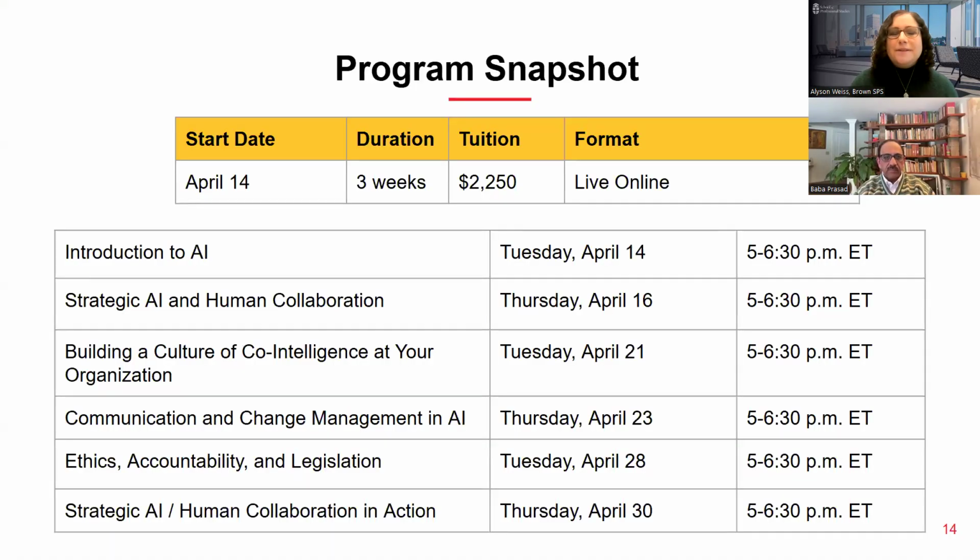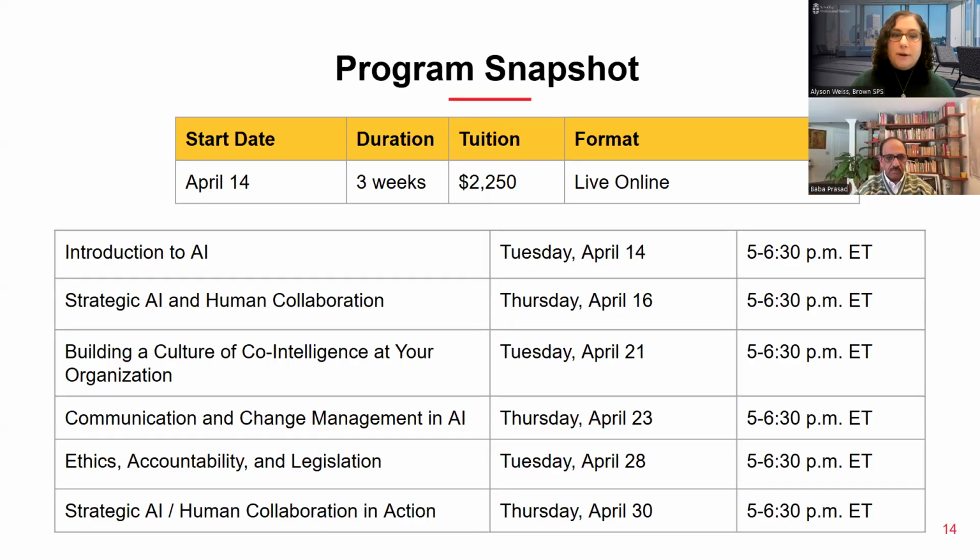And so we developed this program to be very snack sized. So it gives you the content that you need right now in a way that fits into your busy lives. It's a 3-week program that will meet twice per week for an hour and a half per session. So every Tuesday and Thursday, you'll be in the virtual classroom with Bava, learning a key skill such as the